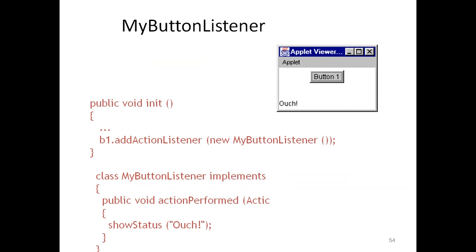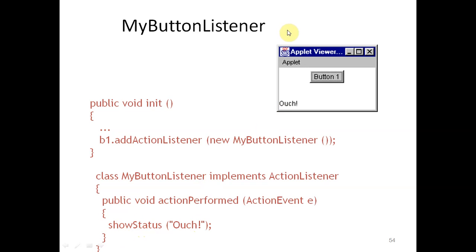So this is the program, and this way we can see the button. When we click on the button, it will show this message, because when we click on the button, it will execute the actionPerformed function with ActionEvent e. So this function will display the status, and you can see here, as we have clicked, this message is displayed on the status bar. So the status will be displayed on the status bar.